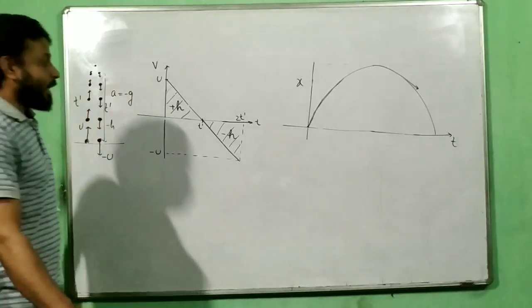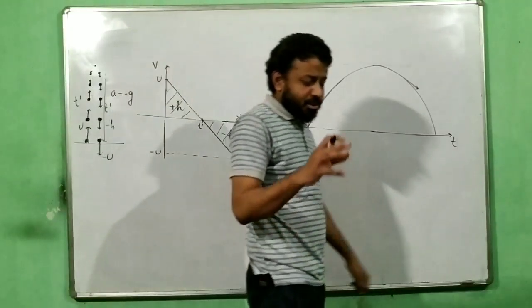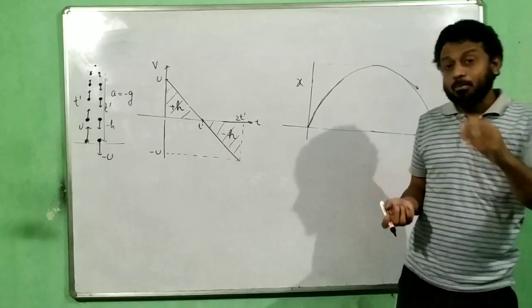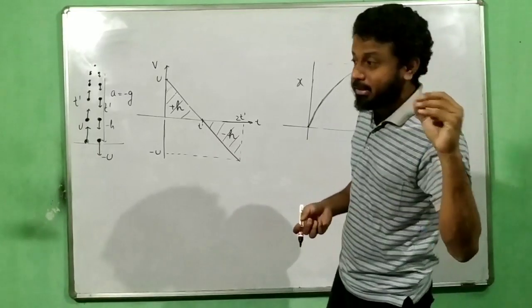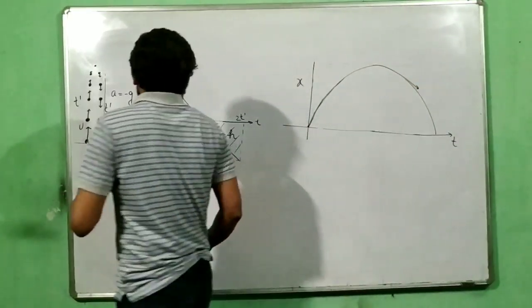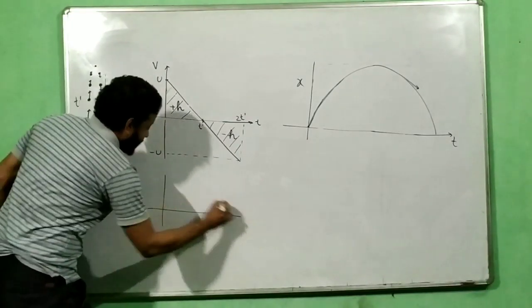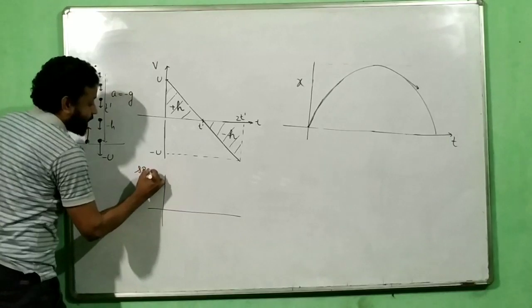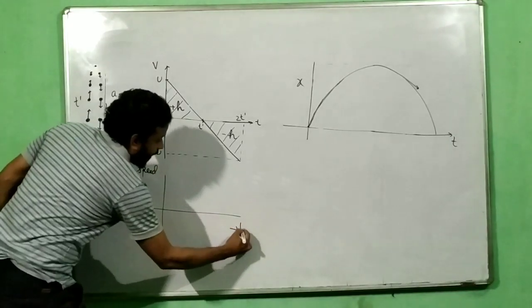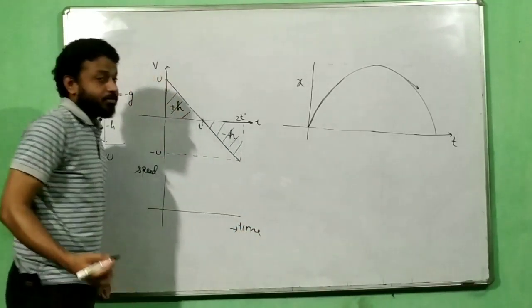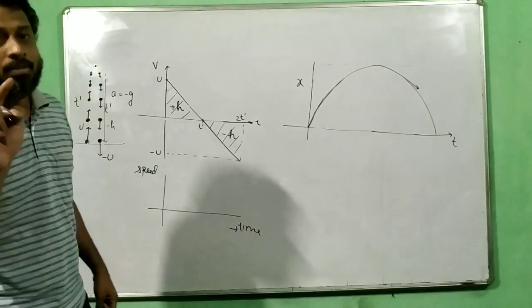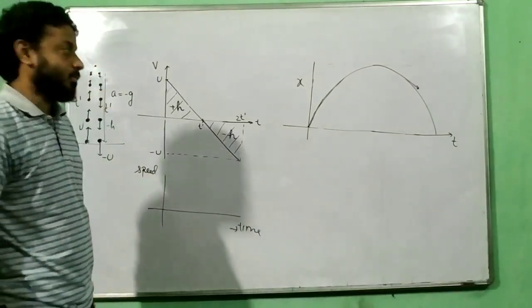Okay, one more thing they asked, and that's very easy. It's called the speed time graph. Mark my words, speed is the magnitude part of the velocity, and the magnitude part of the velocity is absolutely easy. If somebody asks you to plot the speed time graph, what does the area under the speed time graph give? The area under the speed time graph gives you distance.